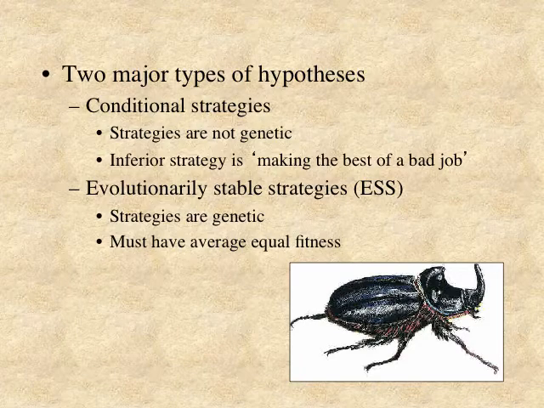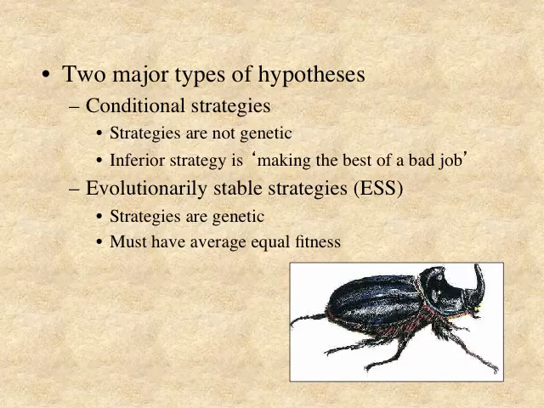And the worst strategy, the inferior strategy, has lower evolutionary fitness, but it's been termed making the best of a bad job, which means that even though the inferior strategy is worse than the good strategy, it's better than it would have been if they had tried to be the other strategy. So if you're a little male dung beetle, you don't grow horns and you don't try to fight, you have lower fitness than if you were a successful fighter, but you might have higher fitness than if you were an unsuccessful fighter by trying to sneak